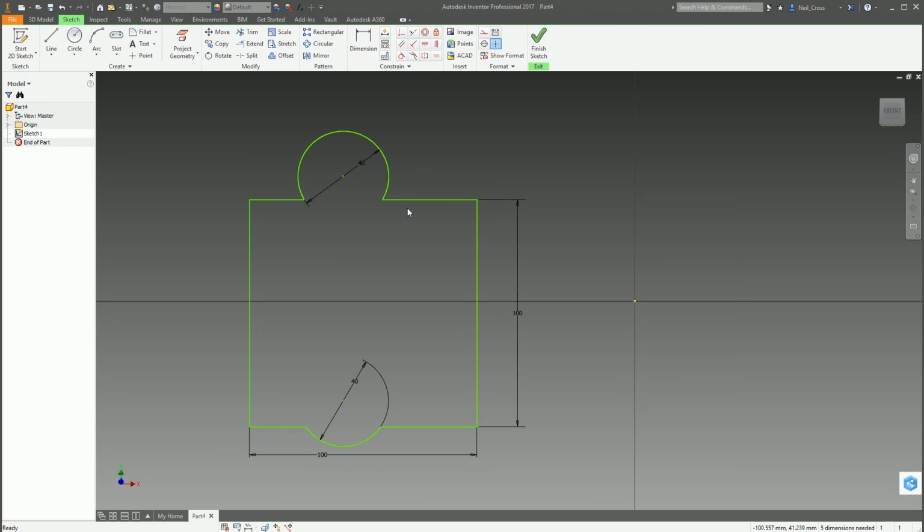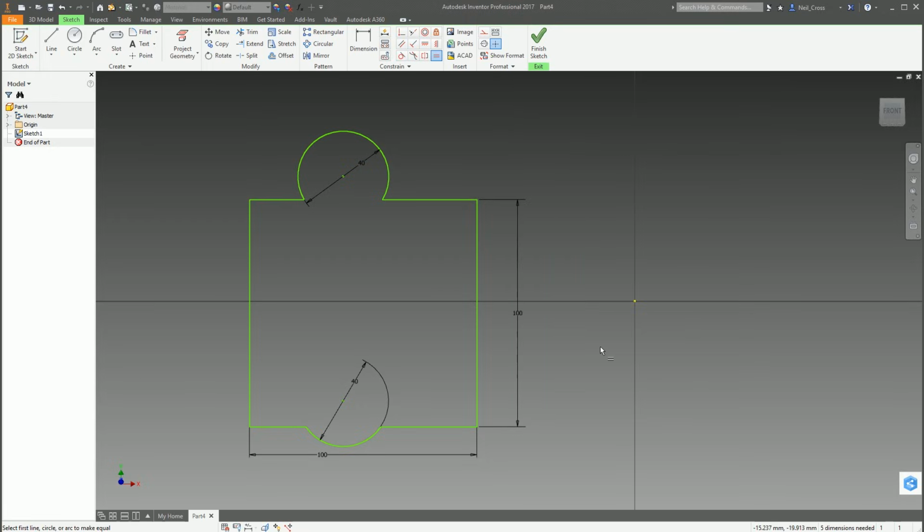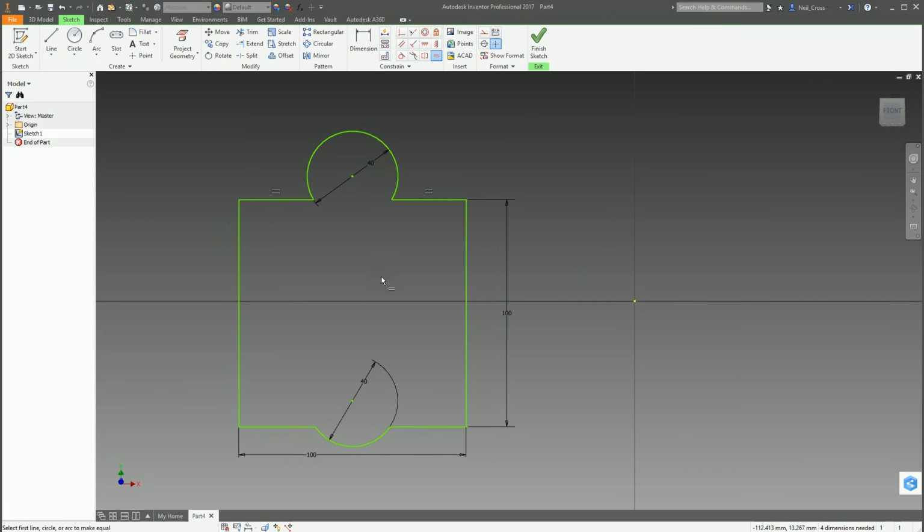So I think this line here and this line here need to be the same size. They need to be equal to each other. So you can select the equal constraint, pick these two objects here, and then that makes those two lines equal. And because there's a whole bunch of constraints down here, almost mimicking what's going on up here, then this line here and this line here are now, not really by default, but as a result, equal themselves.